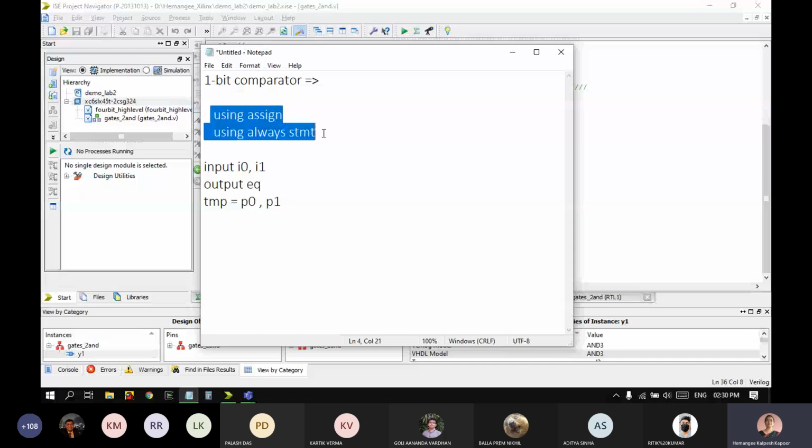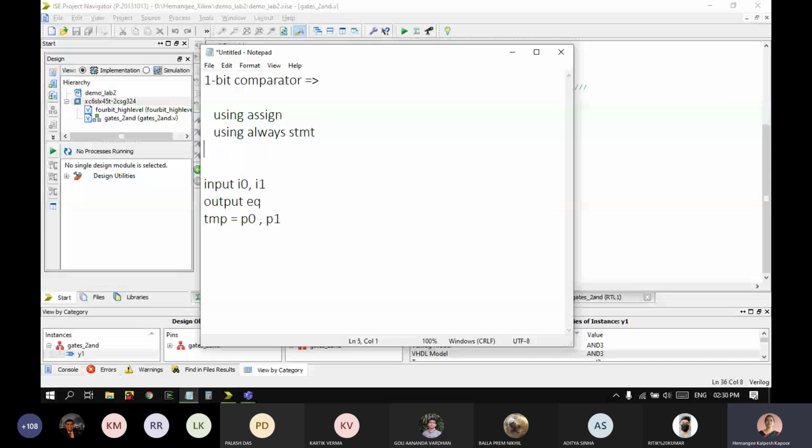You can use some temporary variables for internal usage, and write 2 types of programs, one which uses assign and the other which uses always statement. Then you synthesize and also write the test bench. So this is a practice problem for you. You can try it out later on, not in today's lab session, some other time. Okay, clear? So I will move on. So that's your homework assignment.